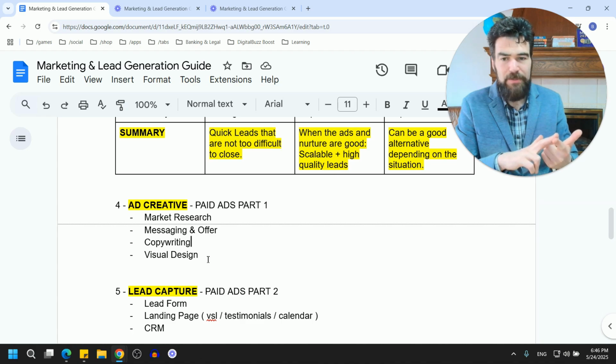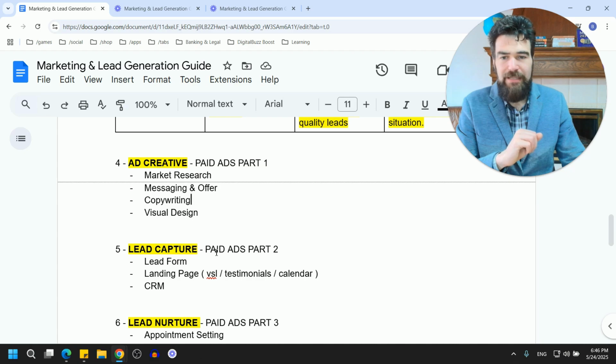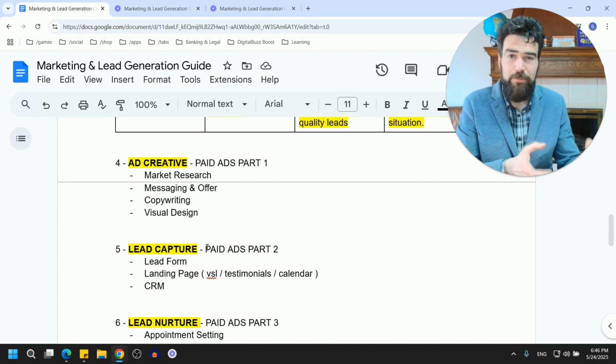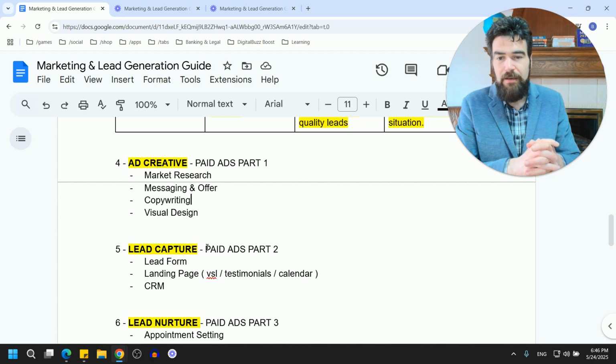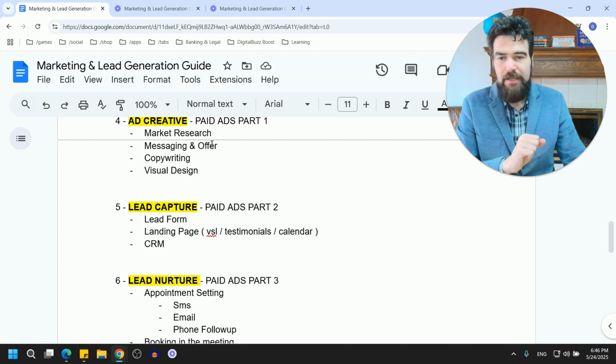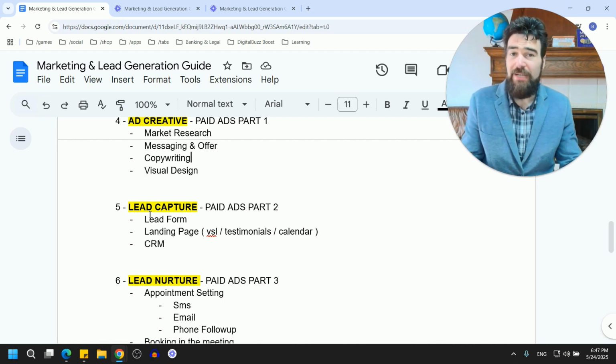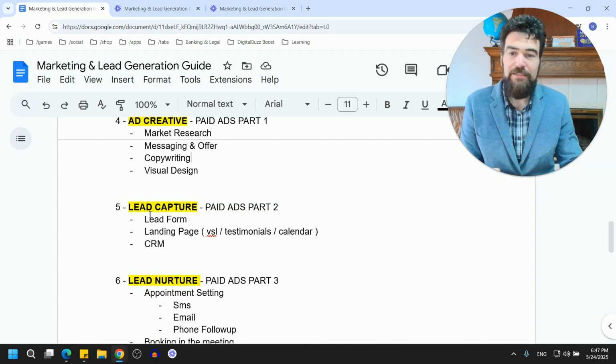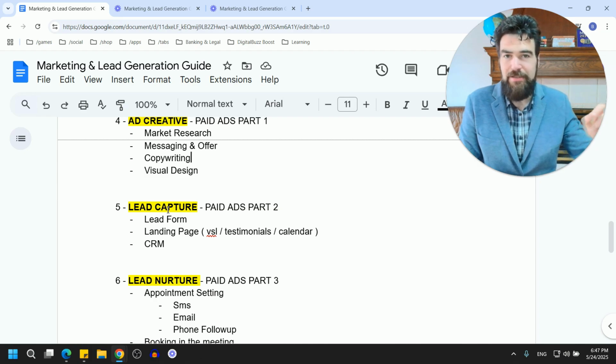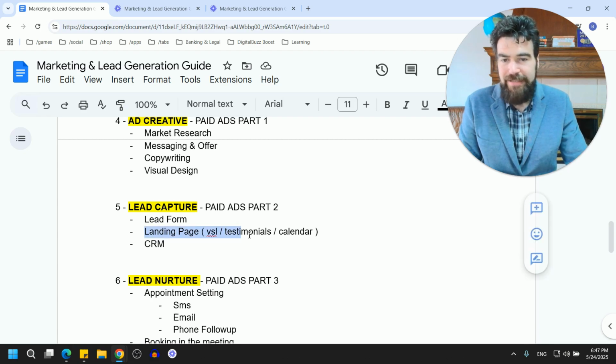So very, very important. Now, if you're dealing with anything besides an e-commerce where you actually have to speak to people before they buy, we're also going to have to nurture the leads. But first of all, I forgot something, the lead capture. People see your advertisement. Now you have a great advertisement, but you still need to capture them. You've already got their attention and their desire, but it's just a matter of them filling in some details in the form when they click on your Facebook advertisements, or they go to a landing page, which is like a